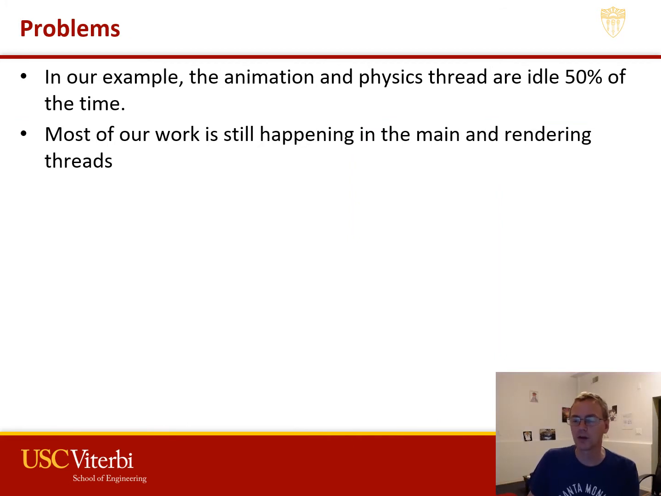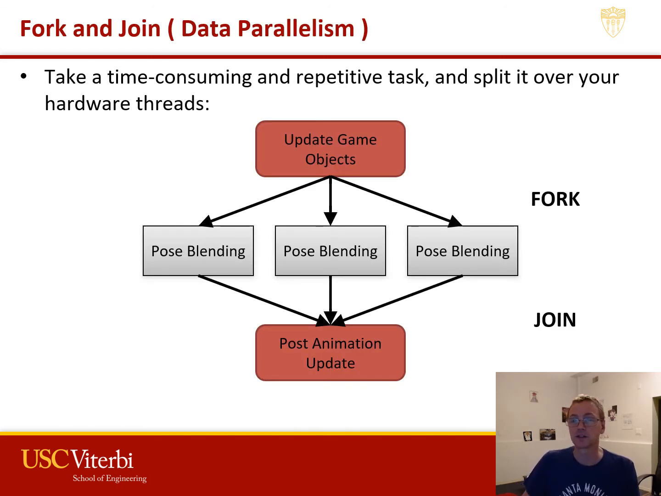So in that example, the best we could do was to get our animation and our physics thread running maybe 50% of the time, but there was some overlap, so we can't even let them share the same resources. And most of our work is still happening on the main thread and the rendering thread. It doesn't scale to a lot of cores very well. Instead, if we think of our program as a series of steps we operate over several objects, we can split things across cores much more effectively. Using a simple